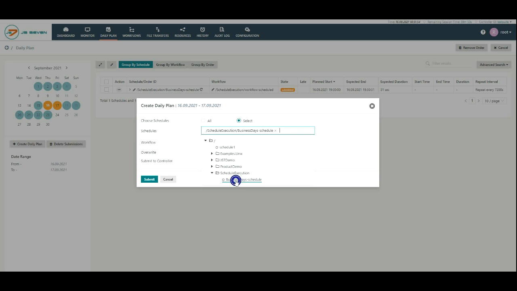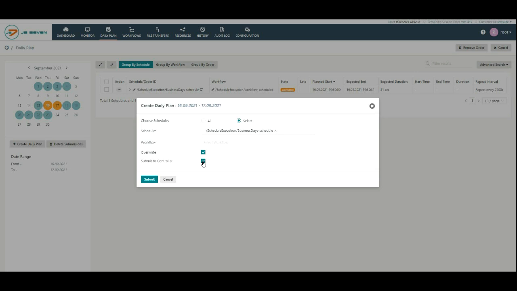Select the Change Schedule and tick the Overwrite and Submit to Controller options. Overwrite means if the order is already created, then it will update the values of the variable. Submit to Controller submits the order on a workflow, and the order will be visible in the workflow view.